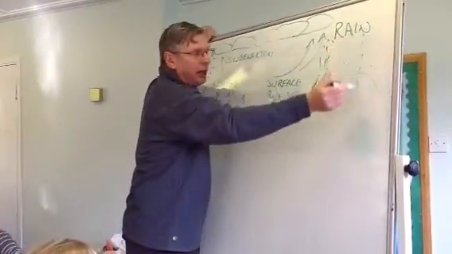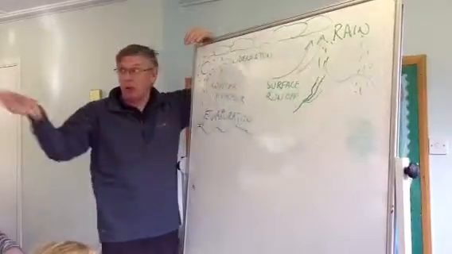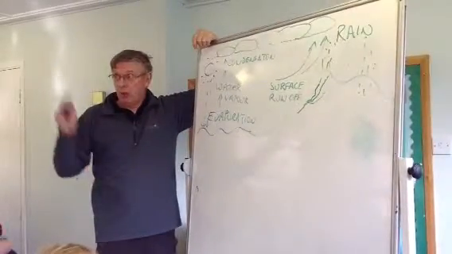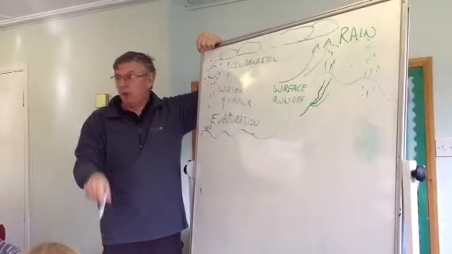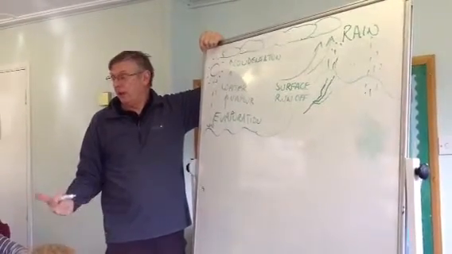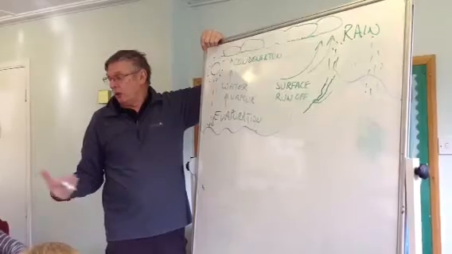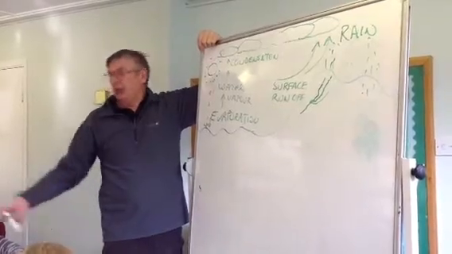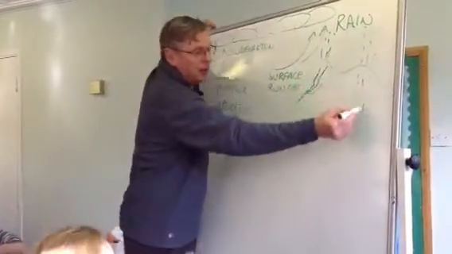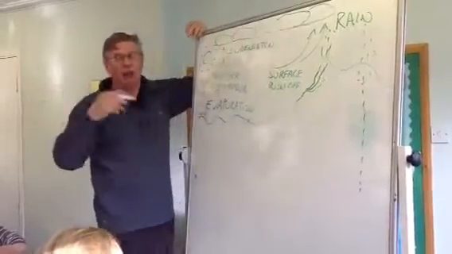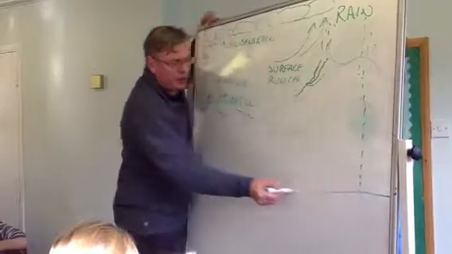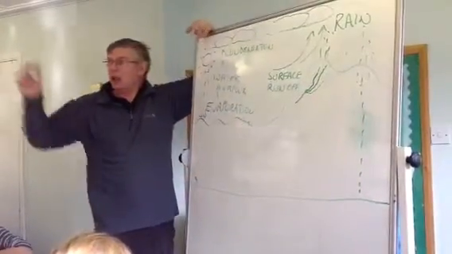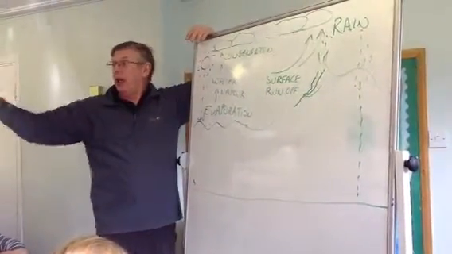Let's say some of this rain falls on a different kind of rock, like the one round London, chalk. What's that rainwater going to do? Where's it going to go? And what do we call the water under the ground? Groundwater, that's right. So as it sinks down into the ground, like what it does round London, and gathers underneath, if there's a rock underneath that chalk, like clay, which stops the water going any further down, the water builds up.